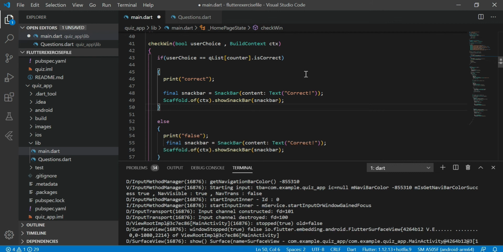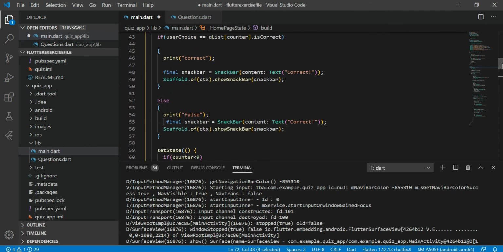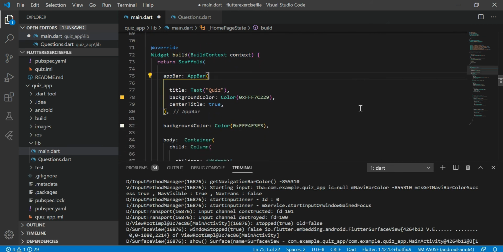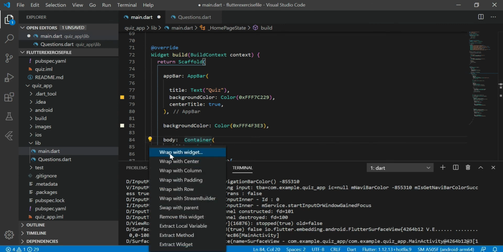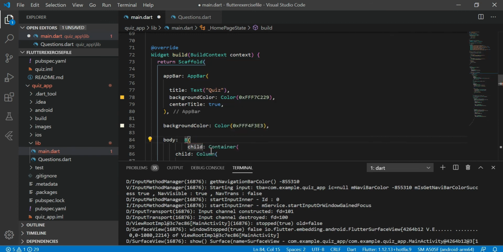Now let's run this app, and what is the solution to this error? The solution is to use a different context inside a build method context; you need to use Builder. Now let's use the builder property. Now here we are using the builder property. This builder method builds space for this ctx inside this context. That's it.